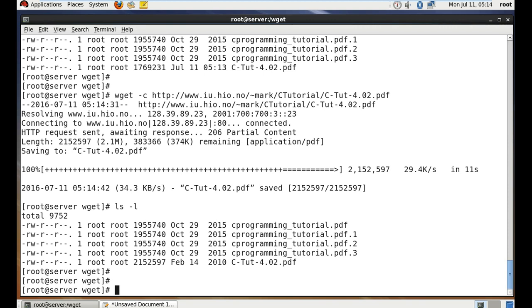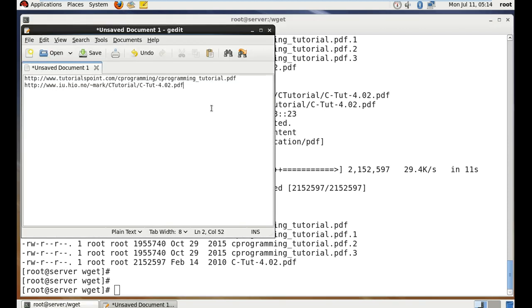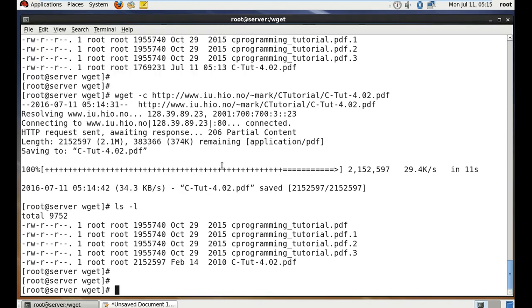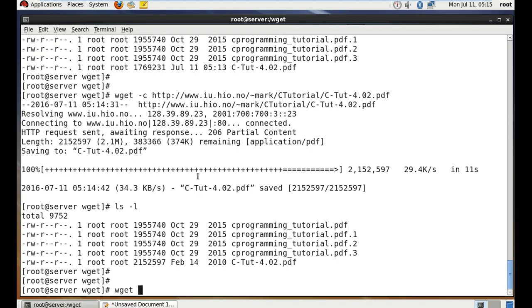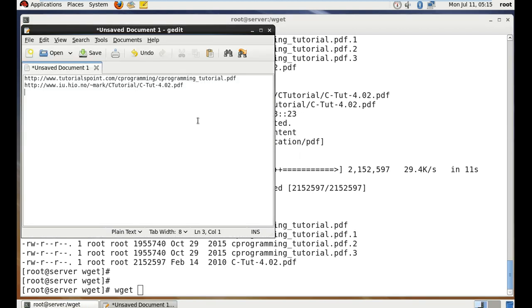And now let's say you have a bunch of URLs, not two. Let's say you have 20 URLs, and you would like to download all of them, one after another. Even if we have two URLs here with wget, it is downloading one by one. So here let's say I have 20 URLs. Without mentioning all the 20 URLs one by one after wget, what we can do is